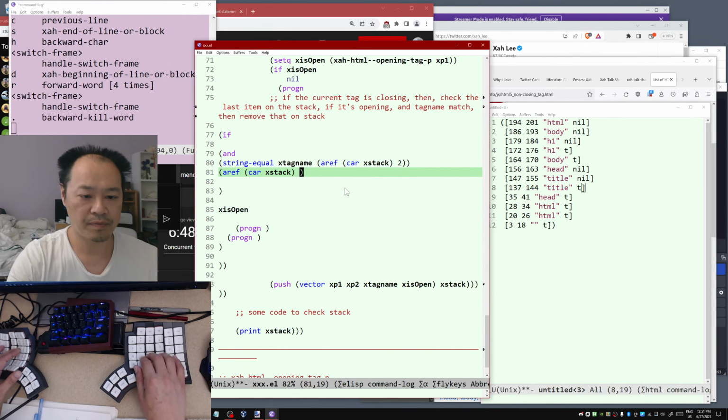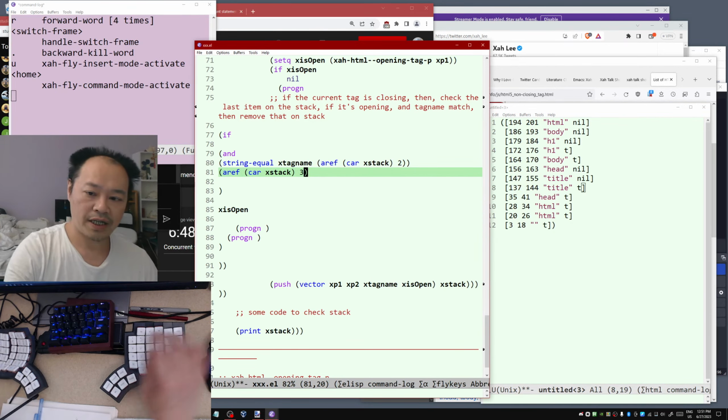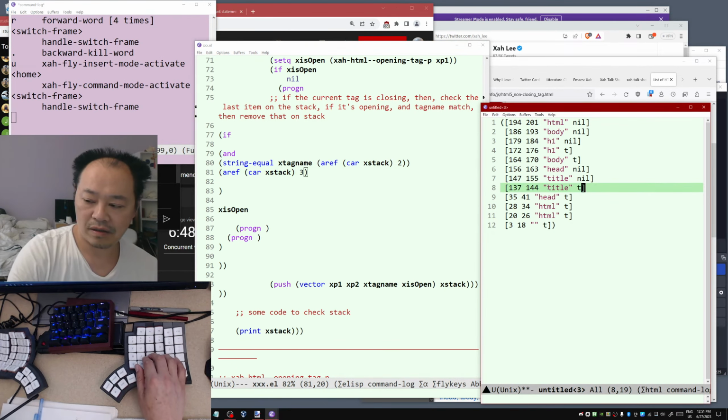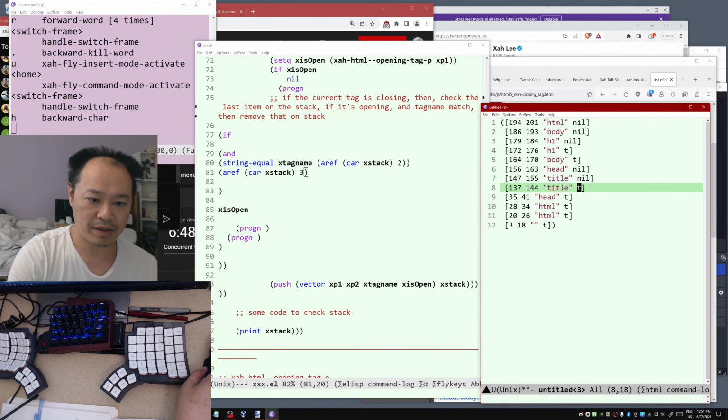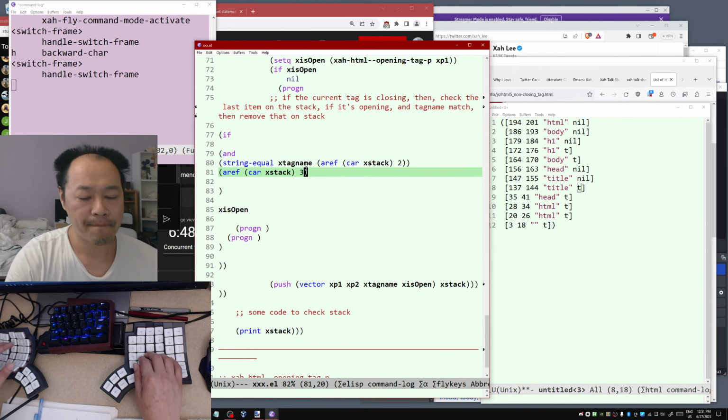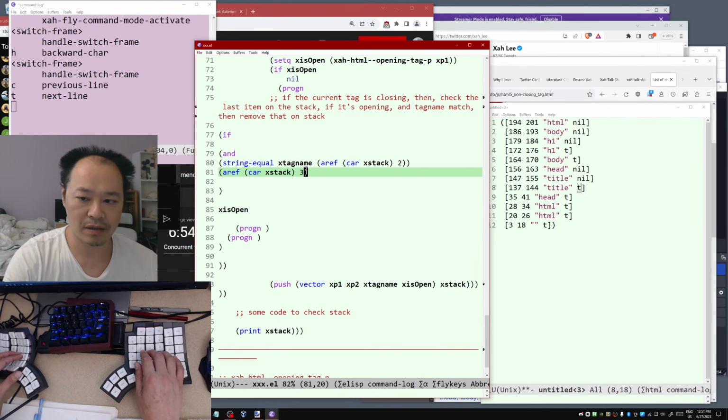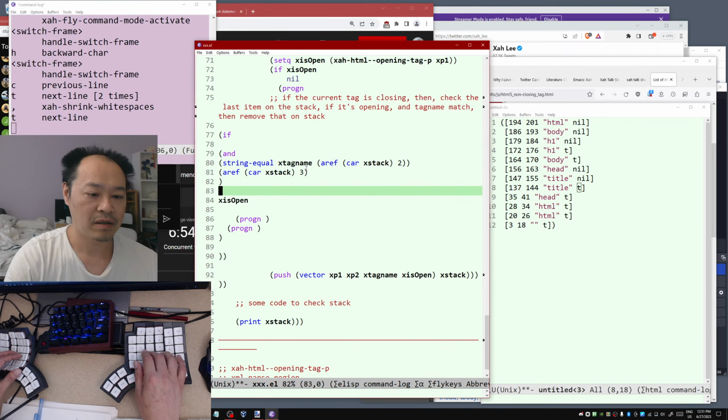So the third item. If the third item of the last element on the stack is T, it means it's open. So the name matches and the last item on the stack is open, then